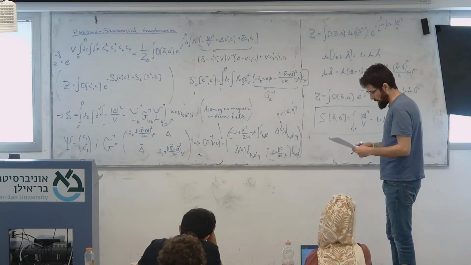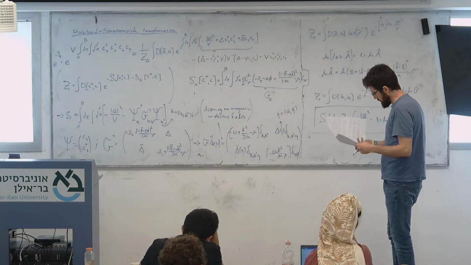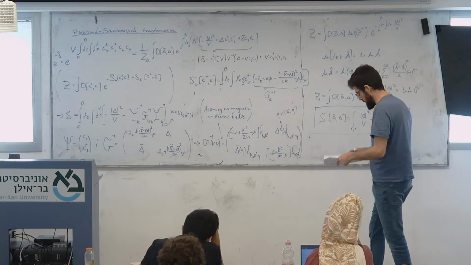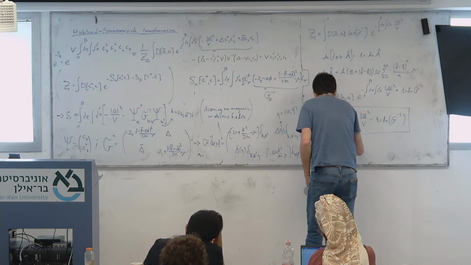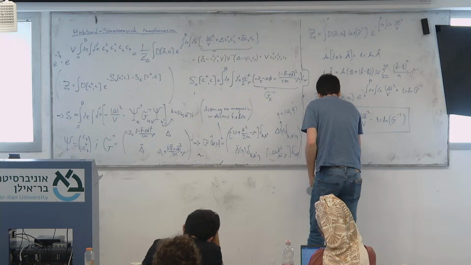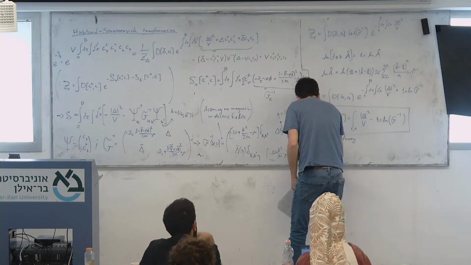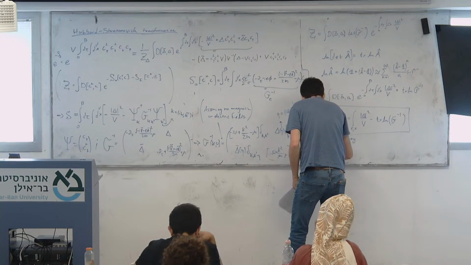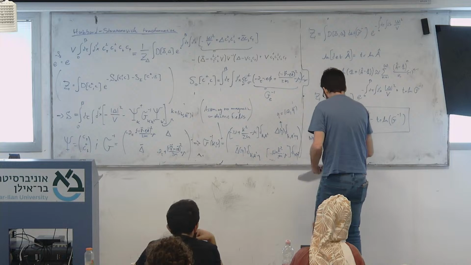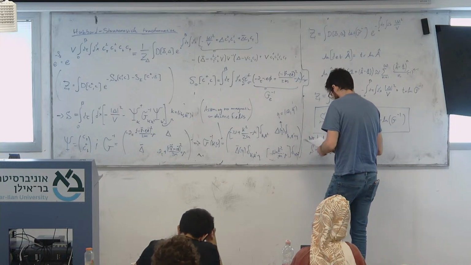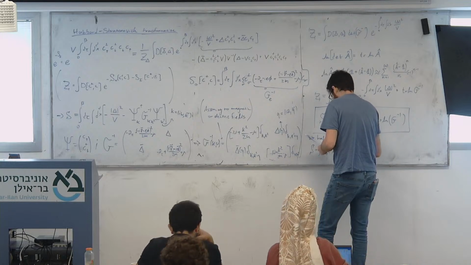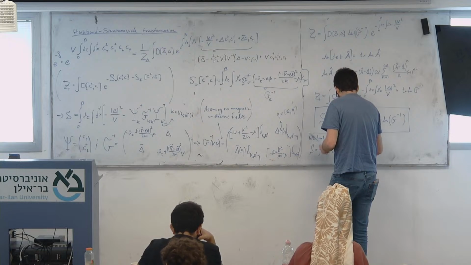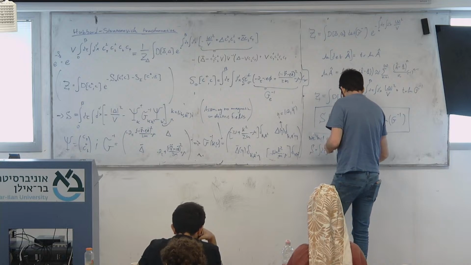So the point is that I want to remind you that we had an action, okay? We had, in GL theory, something like S is equal to the integral d tau d dx of something like C delta bar d tau, plus 1 over 2 eta,